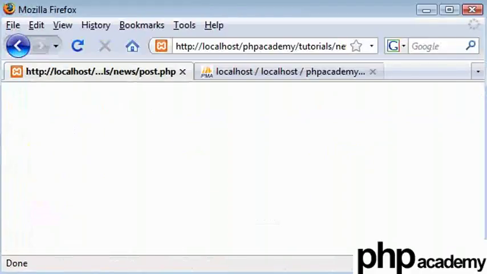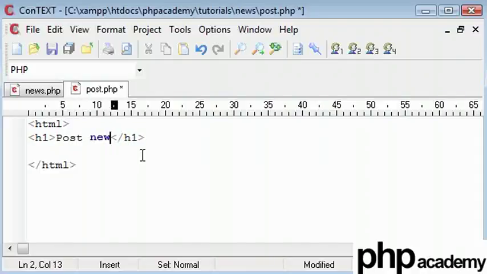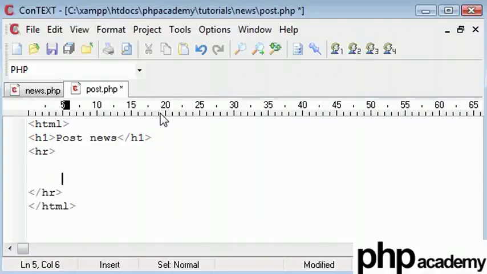And our post page is pretty much going to be just a standard HTML design. Here we'll just create something simple, so h1, and post news. I mean, you can make this admin accessible only. I do have an admin tutorial for admin only pages. For now I'm just going to show you guys how to sort of post the news. That's probably the most important thing, but I'll let you go and secure this page how you wish. So you've got post news, a horizontal line there, and we're going to have a horizontal line down there, and in here we're going to have a